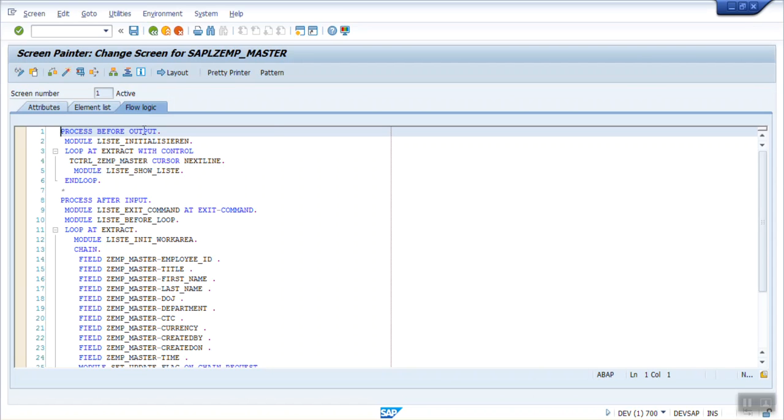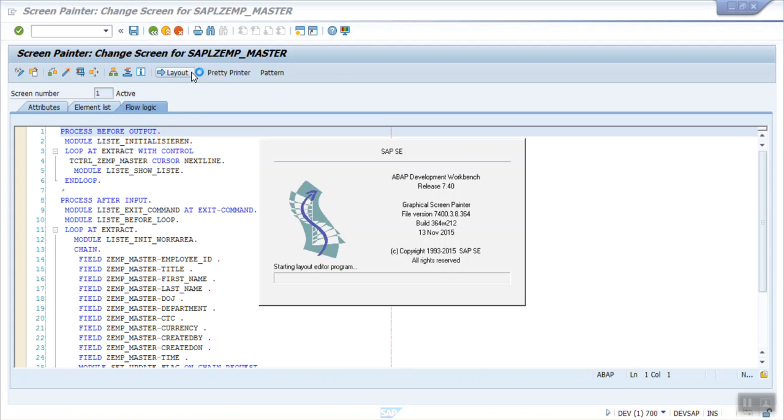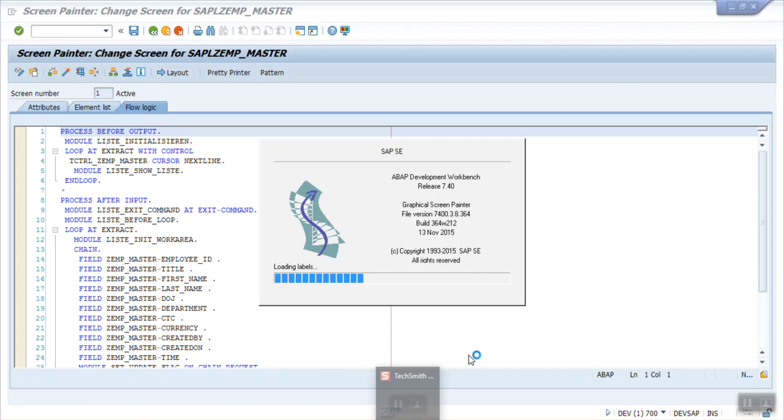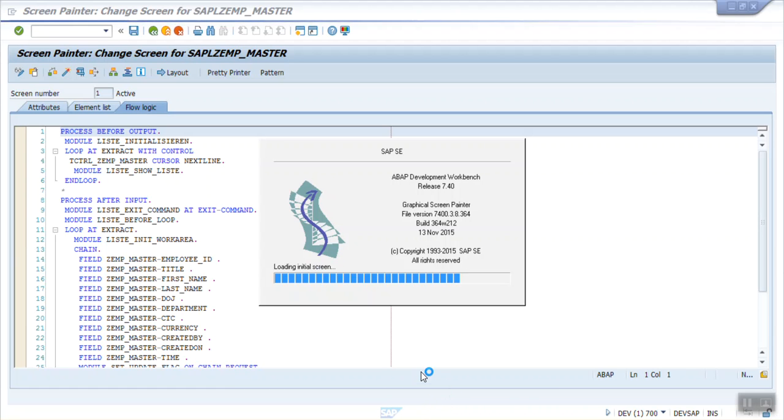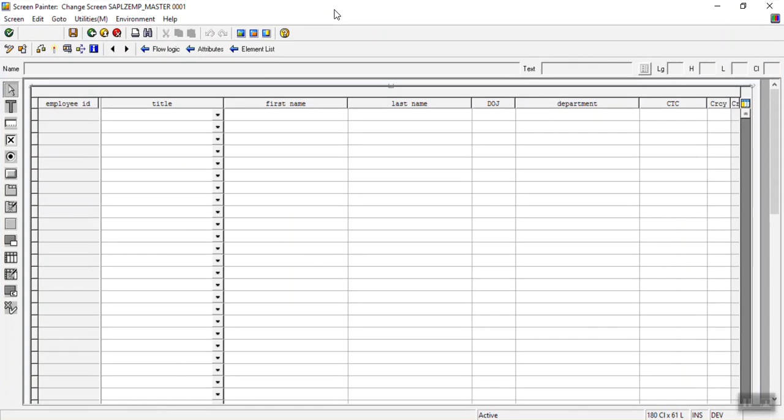This is the screen attribute. Here first click on the layout button. First we'll add that field on the screen layout.